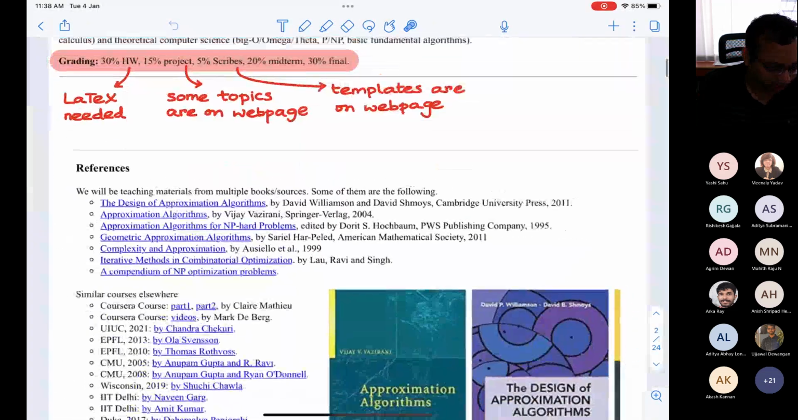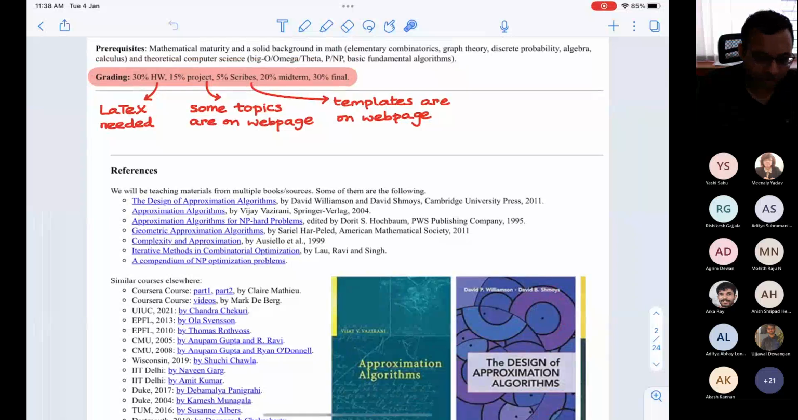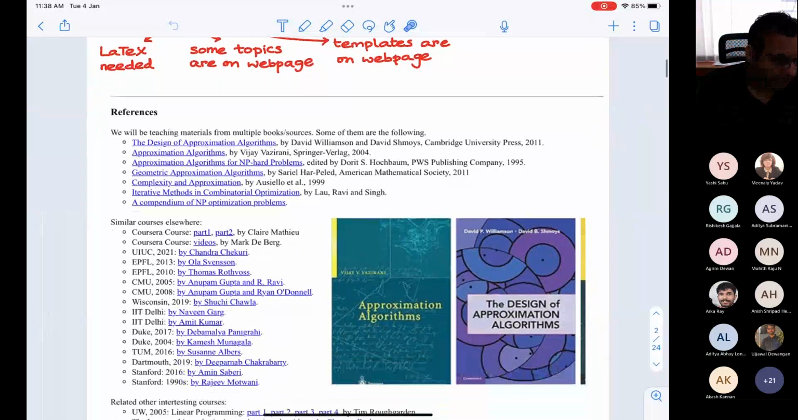And about the reference, I was mentioning this is the textbook, Williamson's and Shmoys, and also Vijay Vazirani's book is another option. There's also a lot of online courses which you can follow. For example, Coursera has courses by Claire Mathieu or Mark de Berg on this topic. There are a lot of other courses elsewhere which you can follow. So you can learn as you wish, but we'll also provide handwritten lecture notes which you can read. But either you can read this book or this book. That will be sufficient for most of the